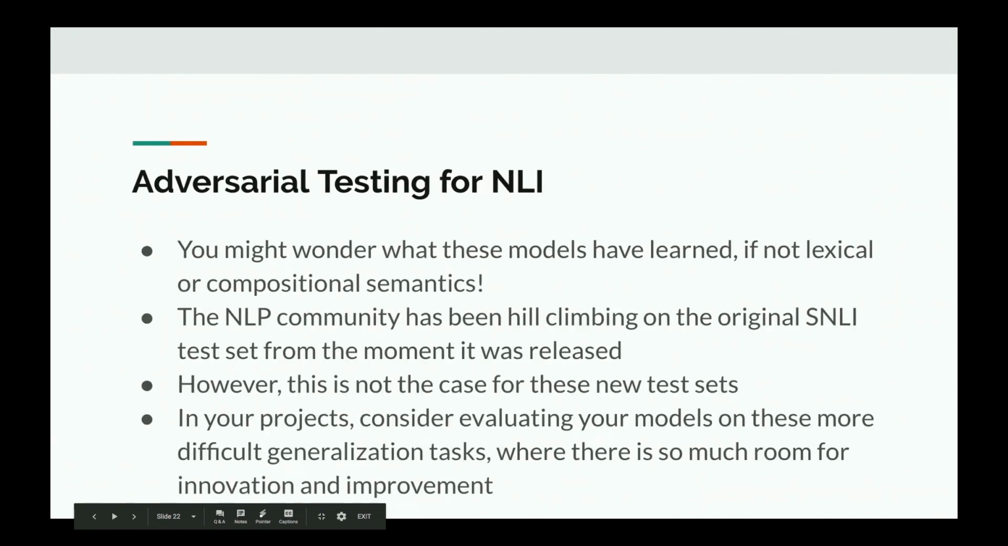So something you might be wondering is, if they don't learn lexical semantics and they don't learn compositional semantics, what are we really doing here, right? And I guess what I would say is that models are learning a specific slice of lexical semantics and/or compositional semantics that is kind of hand-tailored to the SNLI test set, which the community has been hill climbing on